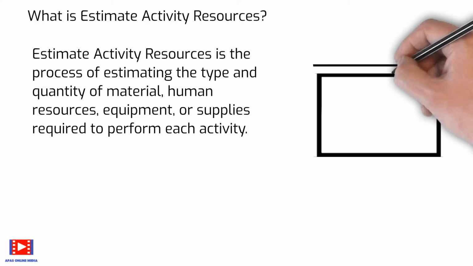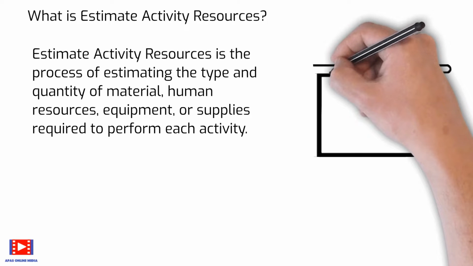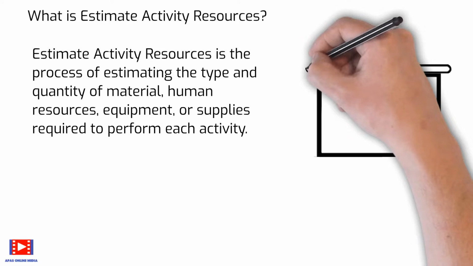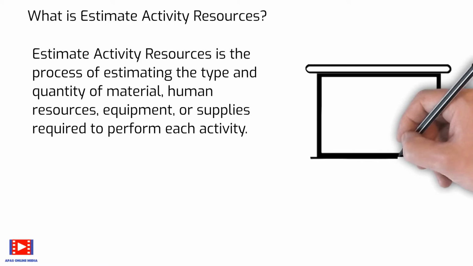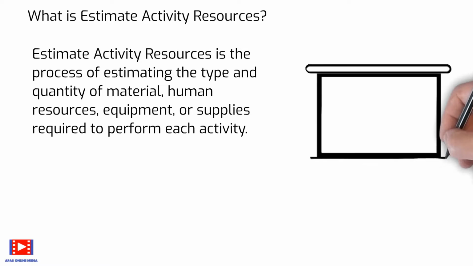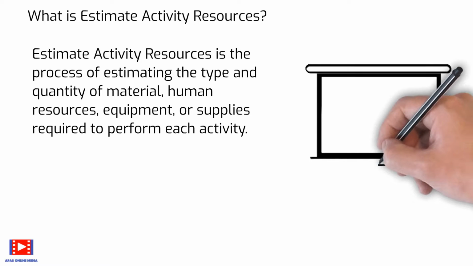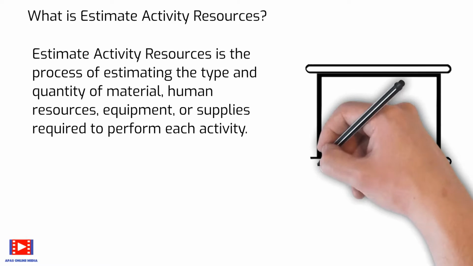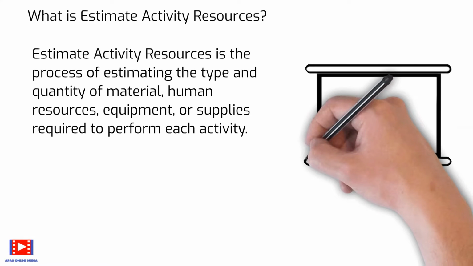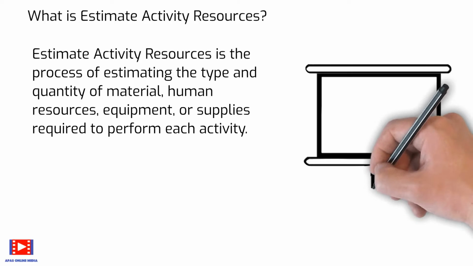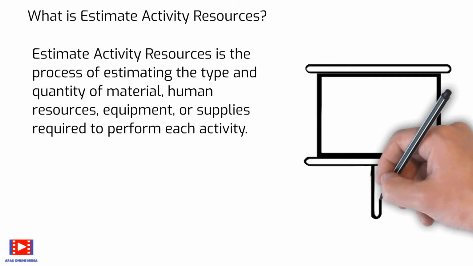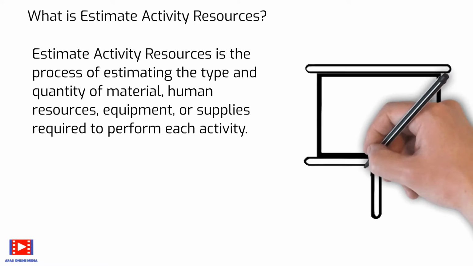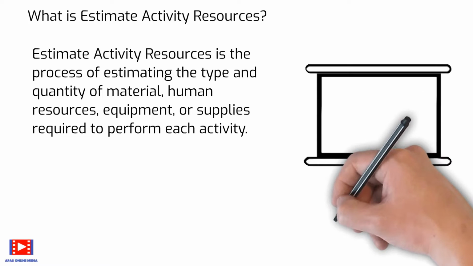The estimate activity resources process is closely coordinated with the estimate cost process. For example, a construction project team will need to be familiar with local building codes. Such knowledge is often readily available from local sellers. However, if the local labor pool lacks experience with unusual or specialized construction techniques, the additional cost for a consultant may be the most effective way to secure knowledge of the local building codes.